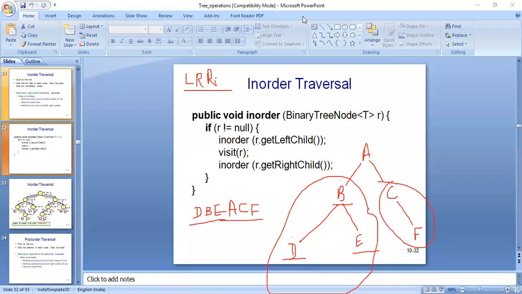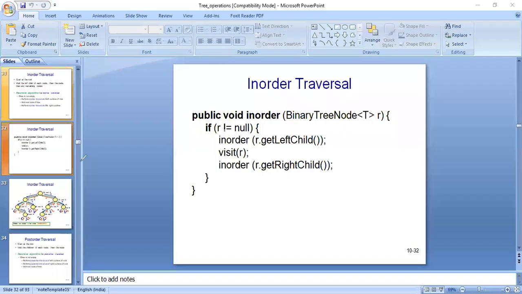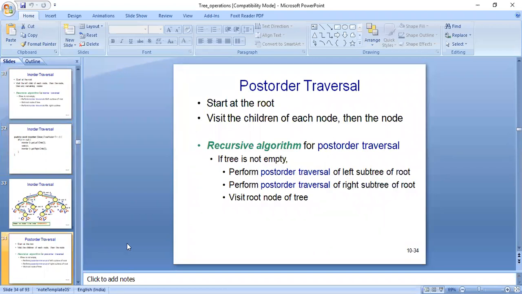Yes, everyone. If any doubt is there, please ask. So moving ahead with post order traversal, we are having the algorithm as we have to traverse the root as last. So firstly we will be processing left subtree, then right subtree, then afterwards root. So this is the sequence that we have to follow.